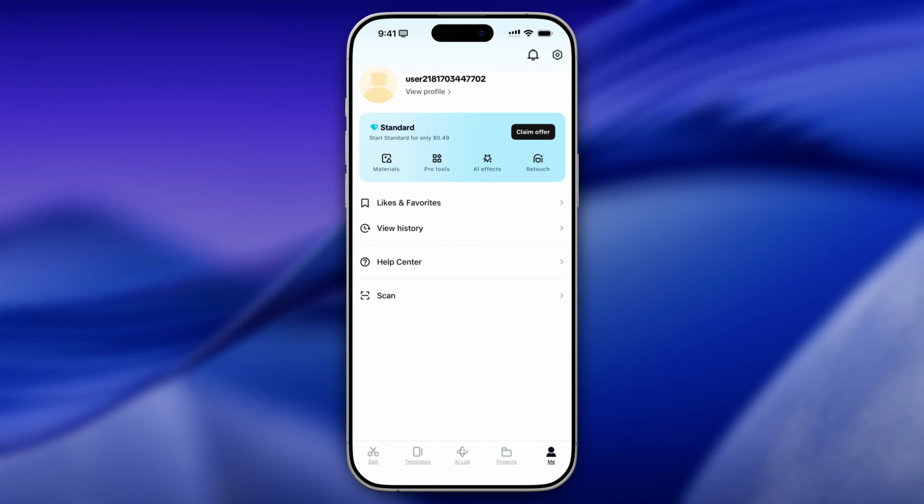Removing audio from video on CapCut is actually very simple, and in this video I'll show you exactly how to